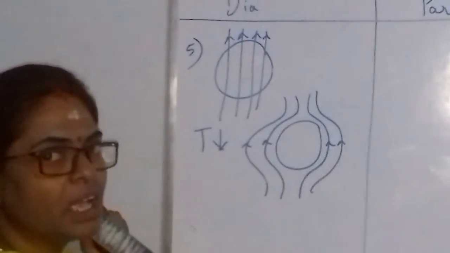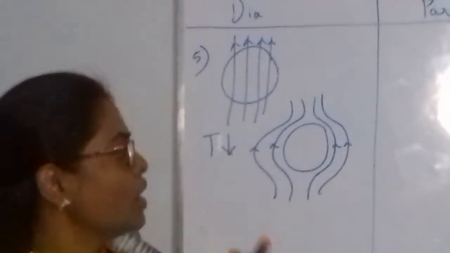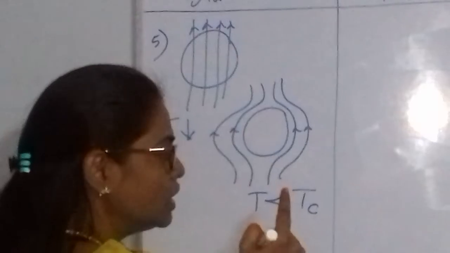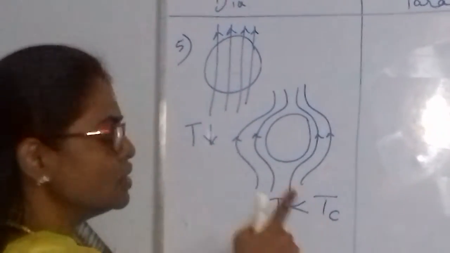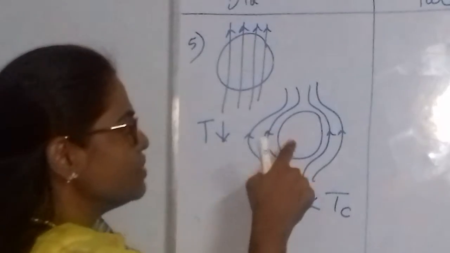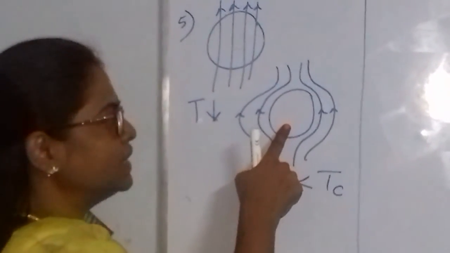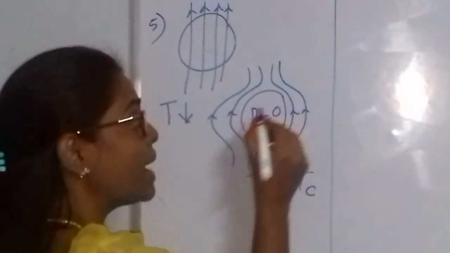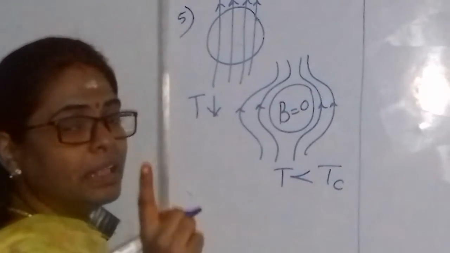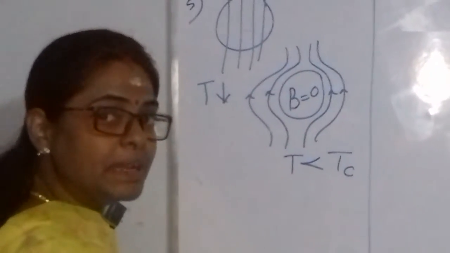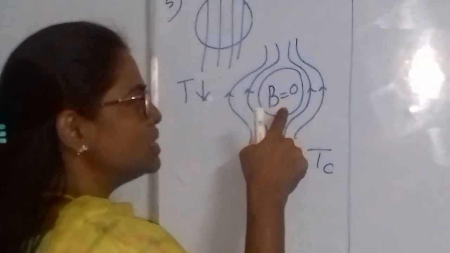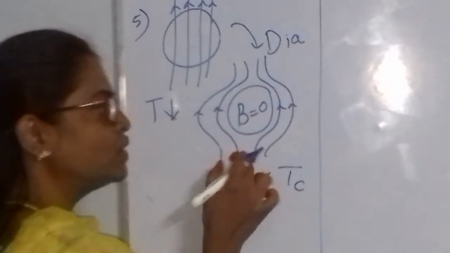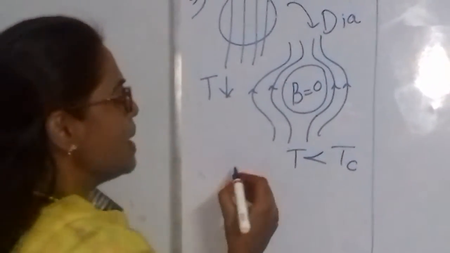So this effect of expulsion of the lines of force happens when the temperature is less than the critical temperature. This critical temperature is the superconducting critical temperature. If the material is a superconductor, then all the flux lines will expel out. So the magnetic induction inside the material, B equals phi by A, the number of lines of force per unit area inside the material, becomes 0. So the material transfers from ferro to diamagnetic, and this effect of expelling the lines of force is called the Meissner effect.